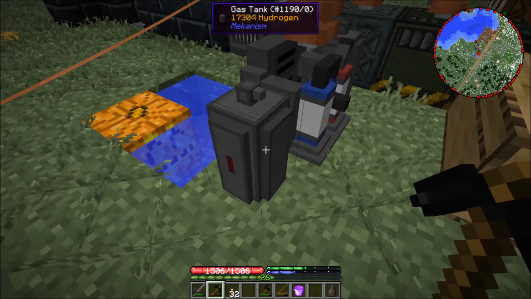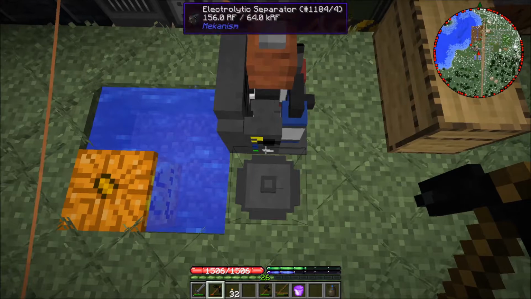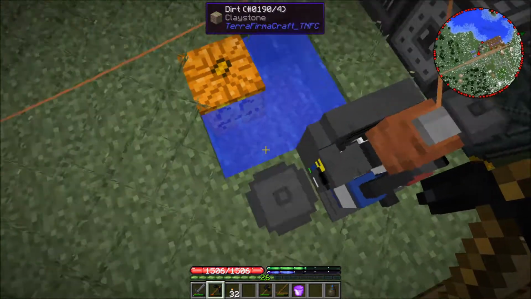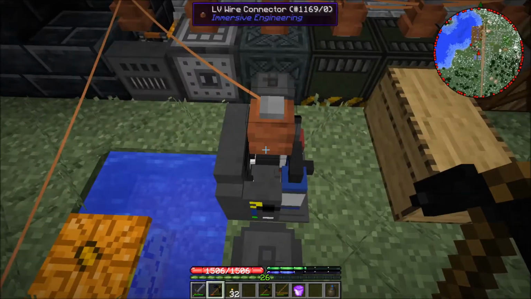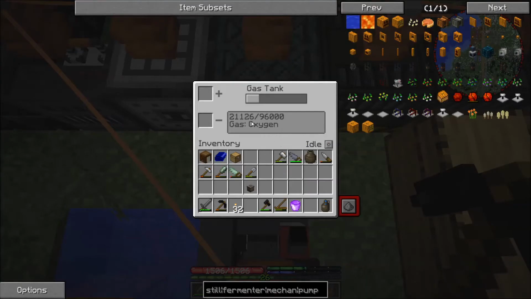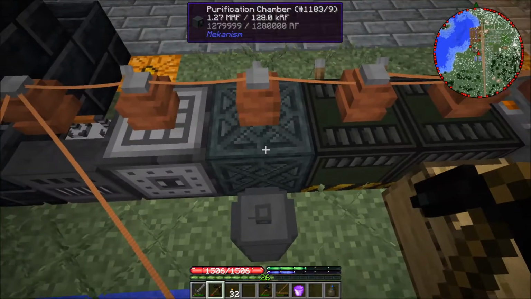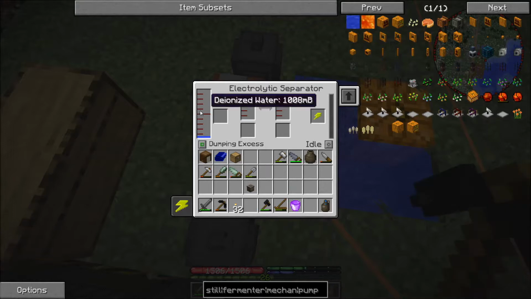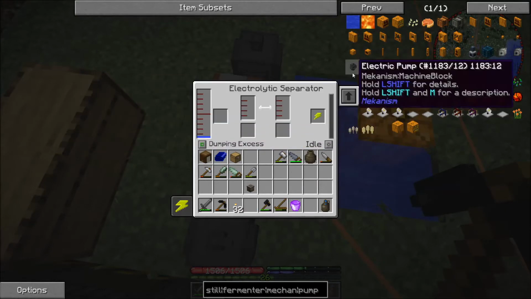So I am storing up hydrogen, and this is so that later on we can get our jetpack, and the hydrogen is the fuel for that jetpack. Now the oxygen tank here is storing a huge amount of oxygen for our purification chamber. Now this thing is using up a lot of water, so what I want to do now is check out